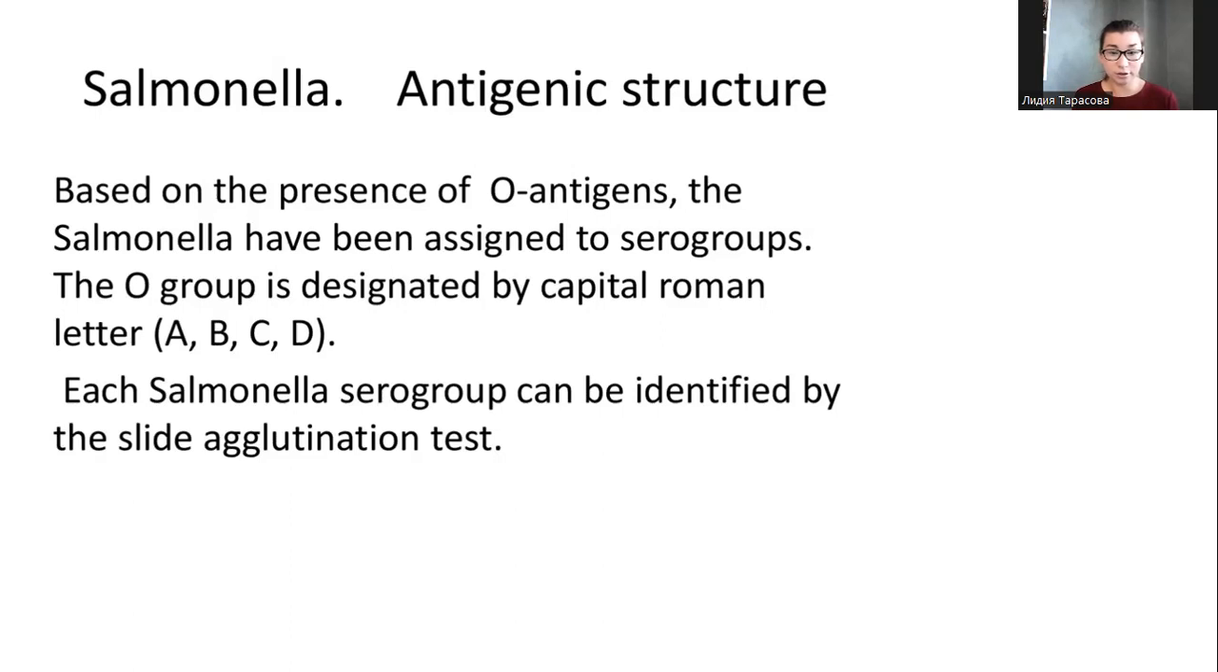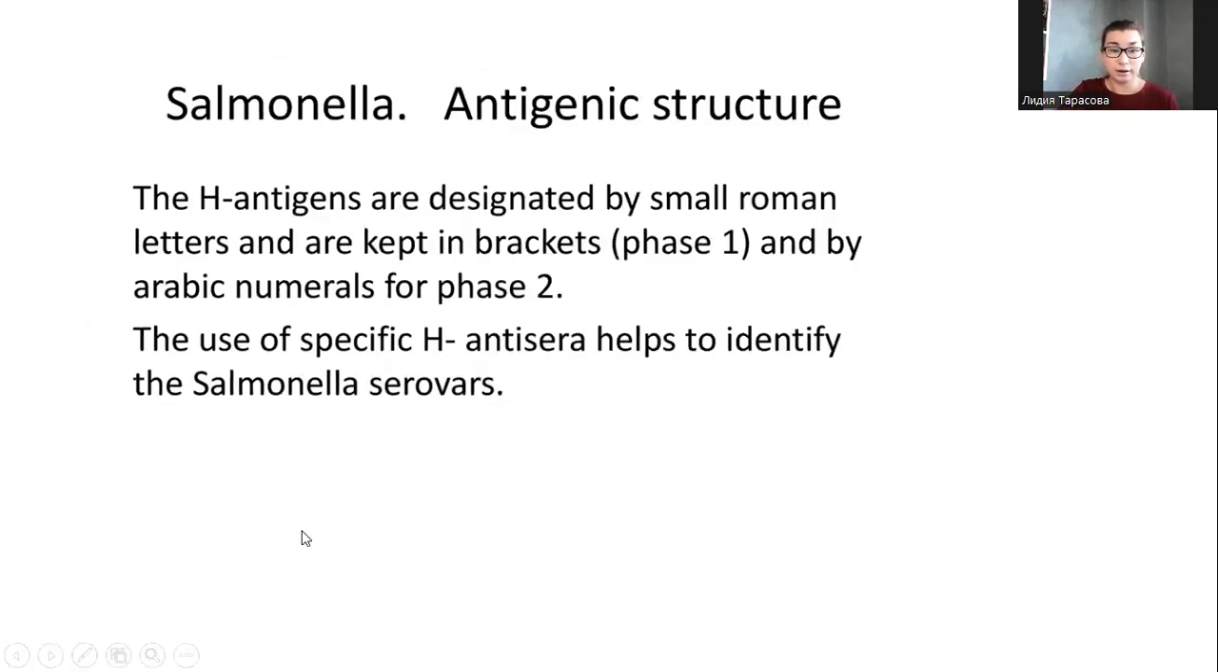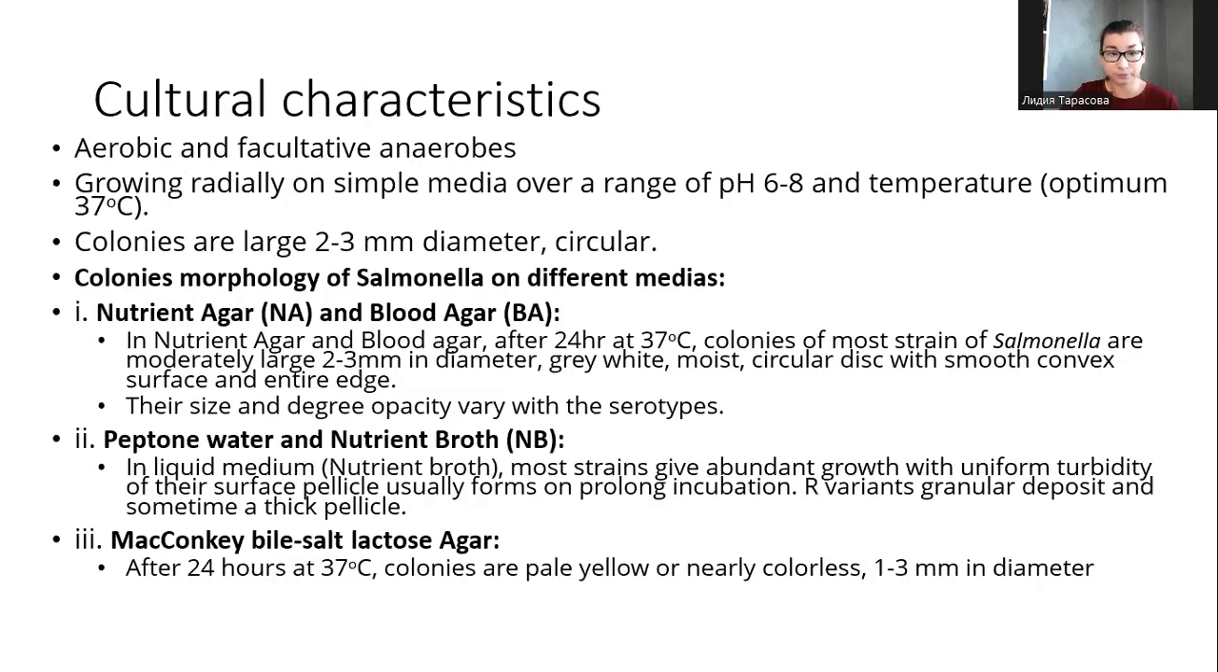Each Salmonella serogroup can be identified by the slide agglutination test. The H antigens are designated by small Roman letters, kept in brackets, and by Arabic numerals for phase 2. The use of specific H antisera helps to identify Salmonella serovars. So by O antigen, Salmonella can be identified to serogroup, and by H flagellar antigen, Salmonella are divided into serovars